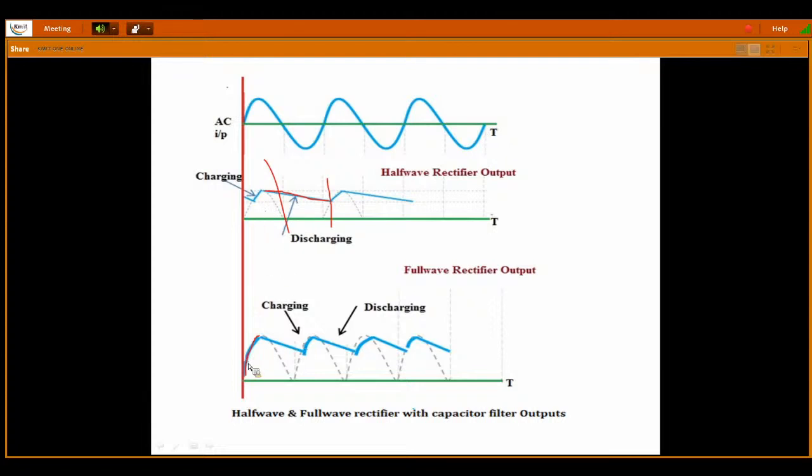Initially the capacitor is charging up to this path. Later, whenever the input voltage falls, it is slowly coming down and discharging. During the negative half cycle, whenever the input is greater than this, immediately it is going to charge once again. Charging, discharging, charging is going to take place. Now if you compare this with the half wave rectifier, the discharging time is much less. Why is it very less? Because during the negative half cycle another diode is also conducting. Due to that, there is a flow of current